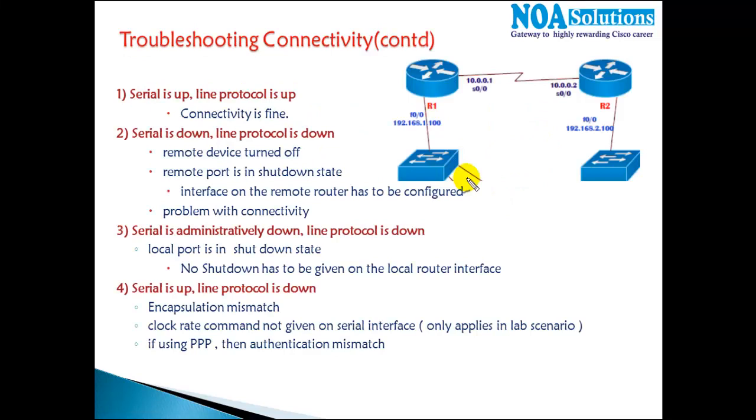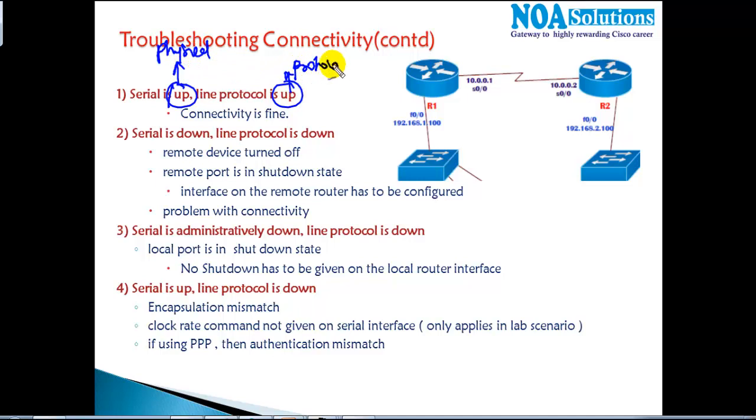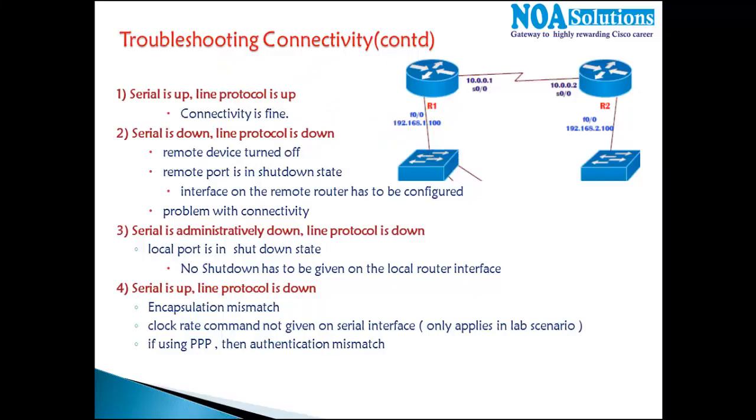So let's try to understand what the different kinds of connectivity messages you will have on the routers are, and what might be the possible reason in case I realize that there are some issues. Okay, so take an example. When I give show ip interface brief, if I'm able to see the status as up and up, the first one represents the physical connection and the second one represents the protocol. Protocol like HDLC or PPP, we'll get into that in more detail in our next section. So whenever you see both the statuses as up and up, it confirms that connectivity is fine and most likely it's working fine. That's what you can see in my lab.